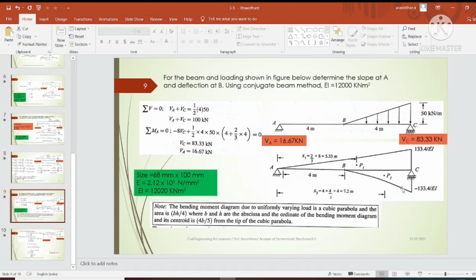And also for the next problem, you have the same span, that is 4 meter. So the grid spacing is the same, and the only thing different is the UDL, which is a uniformly varying load, having 50 kilonewton per meter of highest intensity at its height. They have given a Young's modulus and moment of inertia. In this given data, they have given 12,000 kilonewton meter squared for EI, and for this EI value, we have to reduce our section value to 12,020. So according to this input, you can get the Young's modulus near to the theoretical value. So you can find the solution.